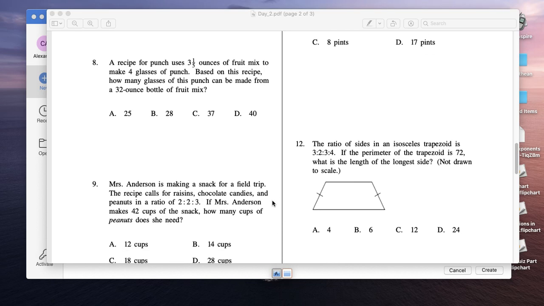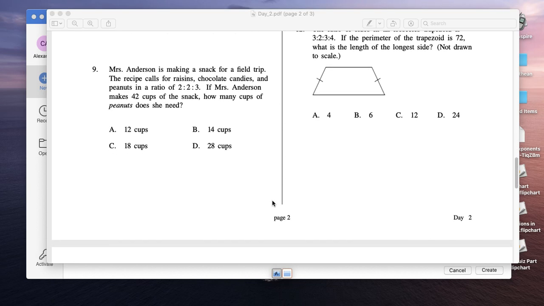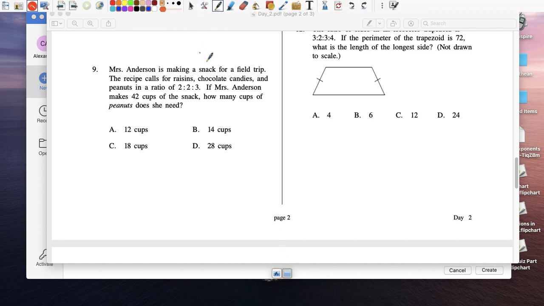Number 9. Making a snack for a field trip. Okay. Raisins, chocolates, and peanuts, in the ratio of 2 raisins to 2 chocolate to 3 peanuts. And then if Mr. Answer makes 42 cups of the snack, okay, so